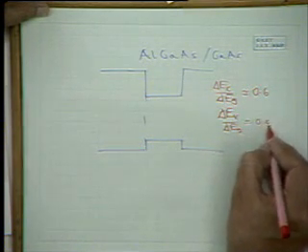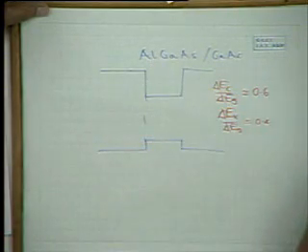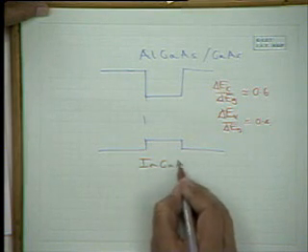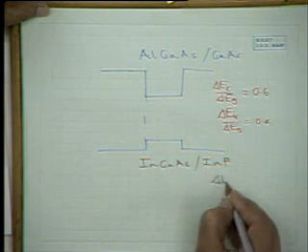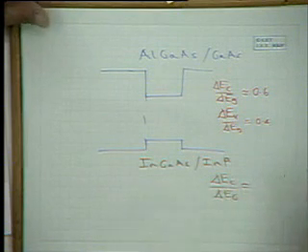So it depends on the composition. But if you take the InGaAs-InP system, again lattice matched, then delta EC by delta EG is of the order of